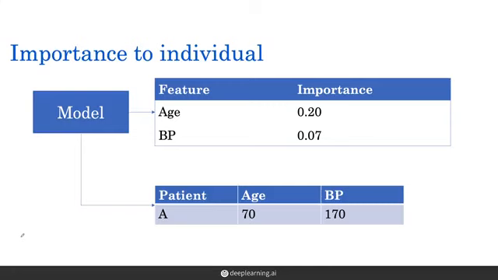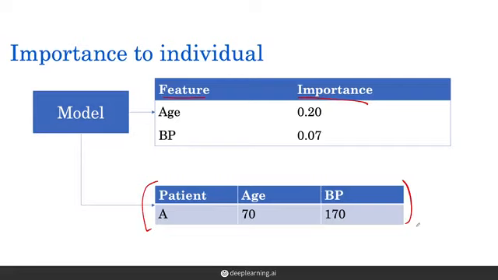You have now learned how to get the global importance of a feature for a model. In this lesson, you will learn how you can get the importance of a feature on a particular individual's prediction. With methods like the permutation method, we have seen that we can get the importance of each feature to a model overall. But let's say we care not about understanding a model overall, but understanding a single prediction of a